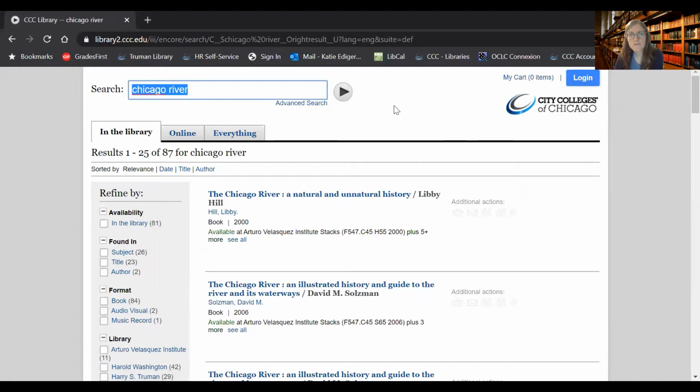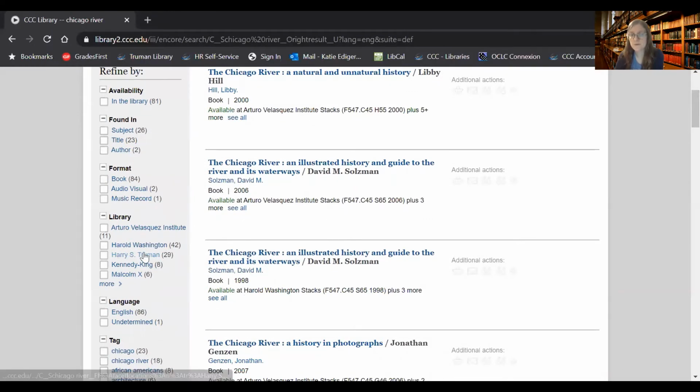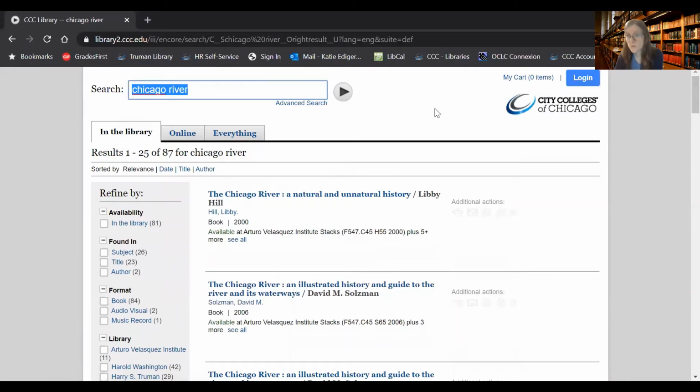And if you all remember from the visit I paid to your class, this in the library tab is the physical items that the library has. So these are essentially books that are found in the library. There are 87 books that we have in the library for the Chicago River, or in the topic of the Chicago River. And I want you to notice for the future that you can limit this to different locations. You would also normally be able to request these books from other campuses. However, because all of our libraries are closed currently, we're going to focus on the online section of this tool for right now. So I am going to click on online,